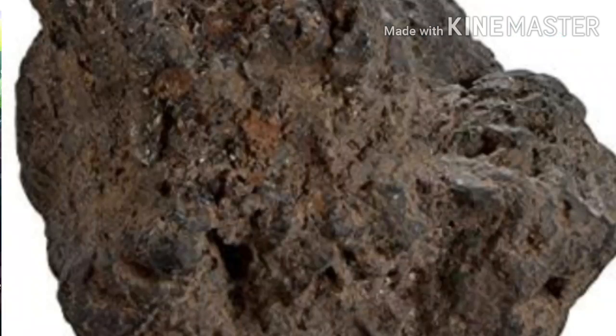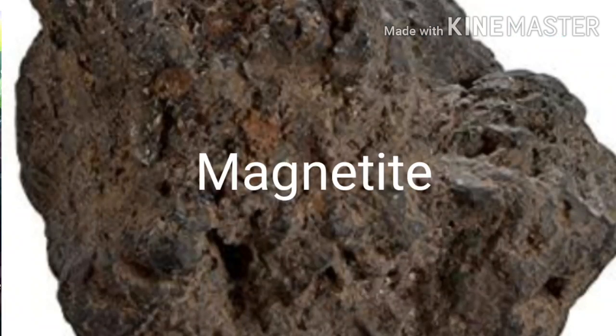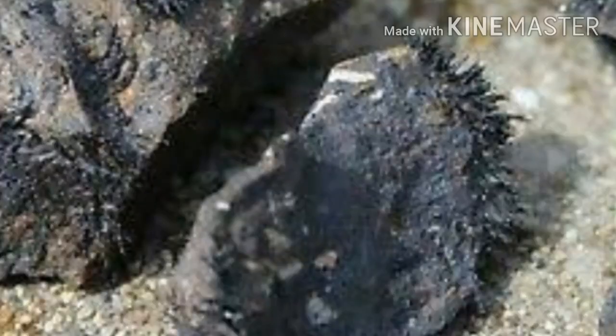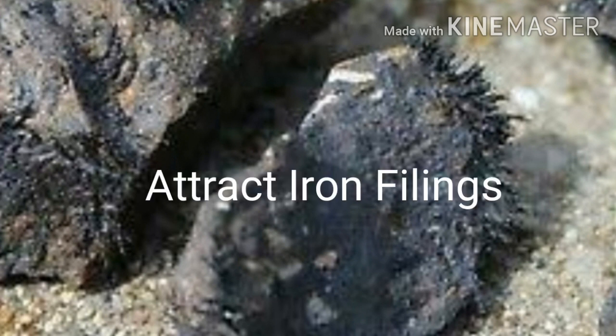Sixth question was about identifying a brown color or a black color stone. This is a natural magnet. It is called lodestone. The other name for it is magnetite, which was identified in Magnesia, Greek. And the magic of this stone is that it attracts iron. It is made up of aluminium and magnesium. It's found in the earth's crust. So it's a natural magnet and it is called magnetite.